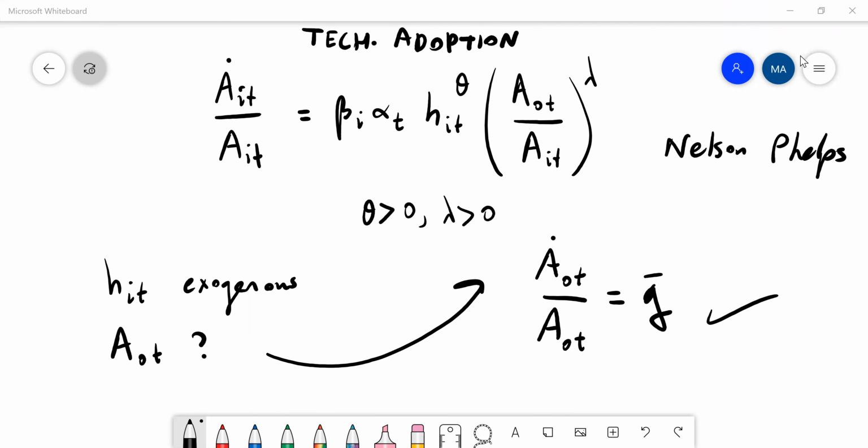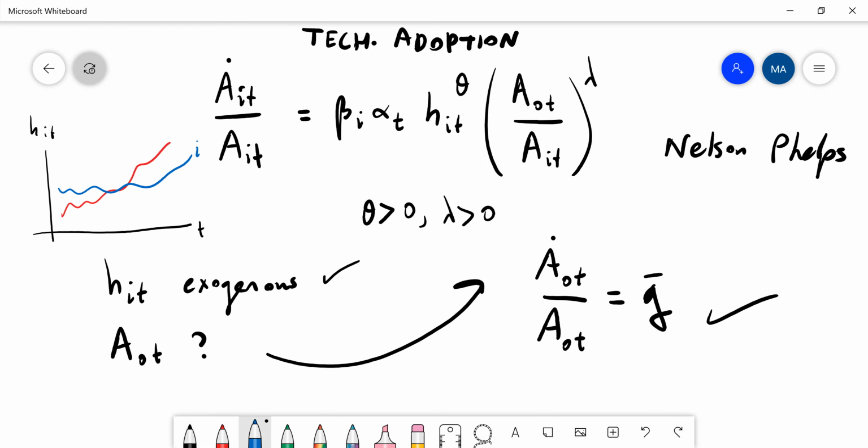And then in this setup, even if we can assume that human capital is exogenous for simplicity, so it changes both across countries and across time, so there could be many follower countries, okay? In each country, human capital grows, so these are, let's say, different countries, okay? So you may imagine